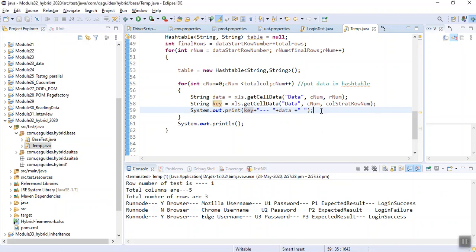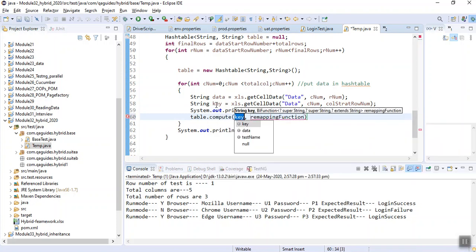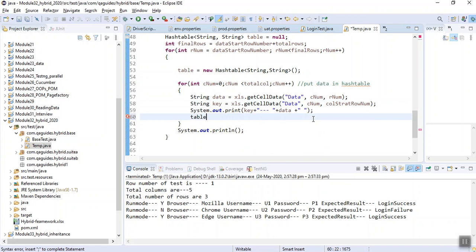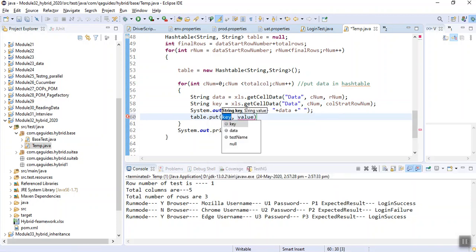Now what can we do? We can put these in a hash table. How? table.put, this is our key, and the data. Save.